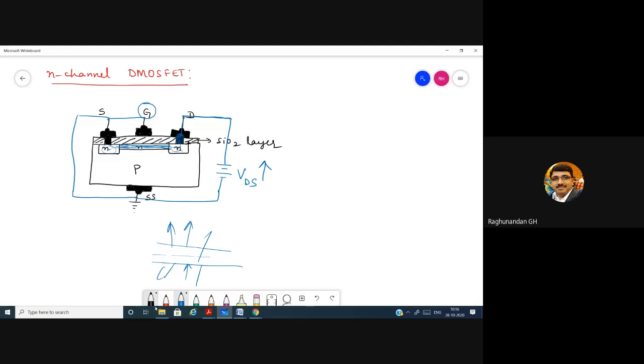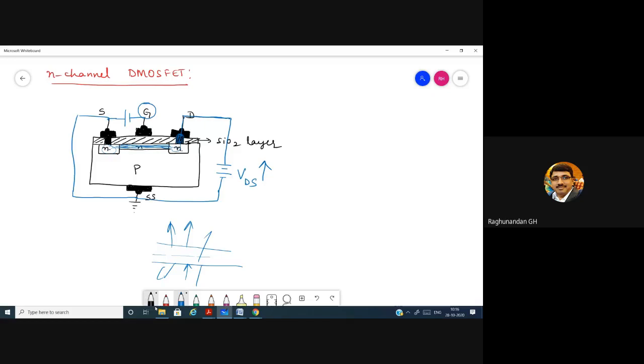In the same way, here, to reduce the charge flow towards this drain, what I'll be doing is connecting one more power supply to the gate. Now, what kind of supply should I connect here to divert the electrons from this N layer? Diversion, repulsion should happen. Repulsion should happen means I should connect the same kind of potential.